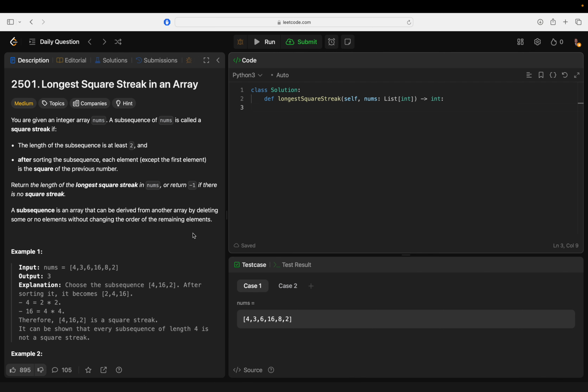A subsequence is a square streak if the length is at least 2, and after sorting it, each element except the first element is the square of the previous number. Return the longest square streak in nums, or return -1 if there is no square streak. Okay, so